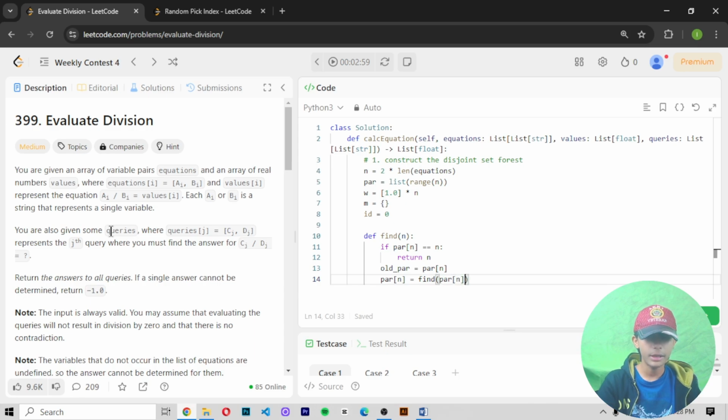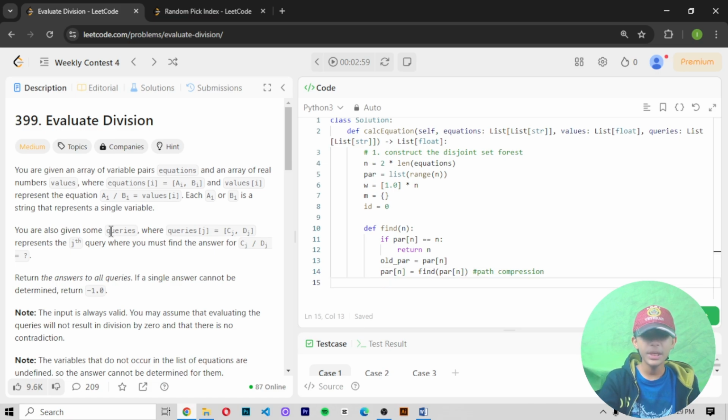Then define a comment: in this line we are defining our path compression. Par means path. Okay, w[n] multiply equals w[old_par].